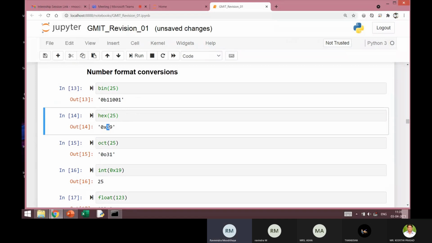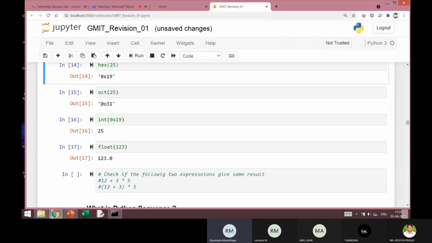So it is 16 into 1 plus 9 into 1, which is 25. The 0x at the beginning tells you that this literal is hexadecimal.